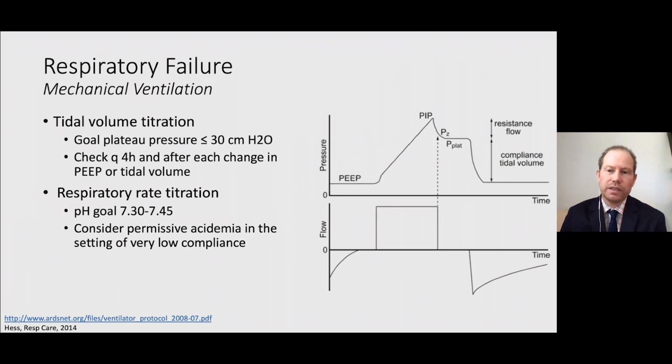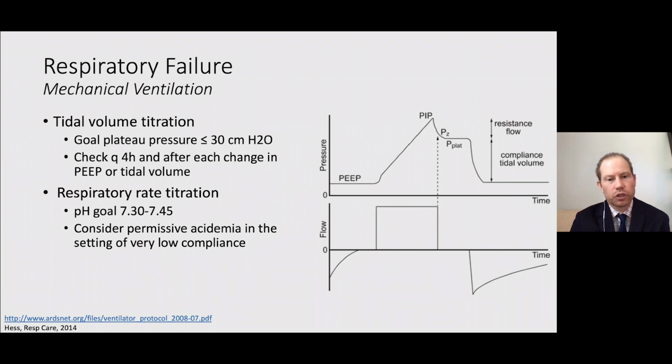The other important piece in managing patients' respiratory failure and managing the ventilator is the titration of tidal volume. And I'll just point out that this is one of the most important things that we can do for patients with ARDS. We went through this relatively quickly a couple of slides ago, but as many of you are familiar with, the so-called ARDSNet trial, which showed that lower tidal volumes are associated with better mortality in ARDS, remains one of the best trials in terms of showing benefit in the ICU population.